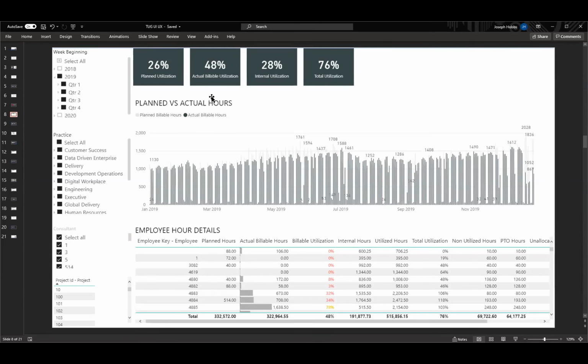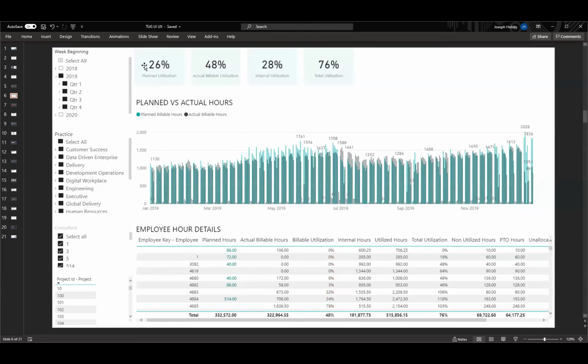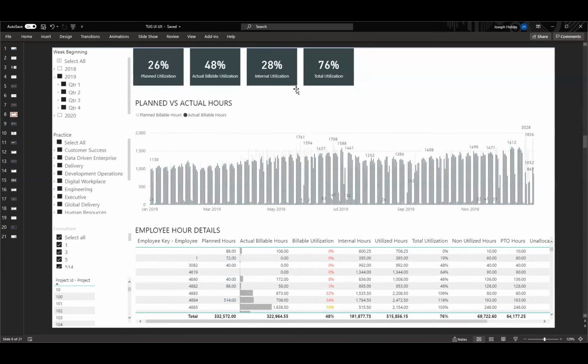Look at these KPIs along the top. Before, they were this very light shade of blue. But blue doesn't mean anything in this context. I'm not comparing blue to red or blue to green, right? It's just blue for blue's sake. So anytime you're using a color and it's not actually communicating information, you should try and remove those colors and instead go with some kind of grayscale or a gradient using a single color of your choice. So I've picked gray as my gradient, and I'm just going to have dark gray and light gray anytime I don't want the color to particularly mean anything.